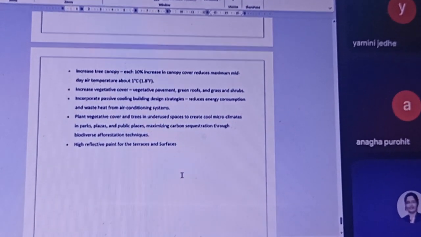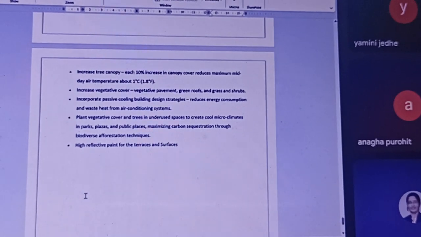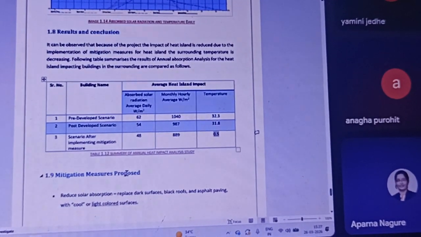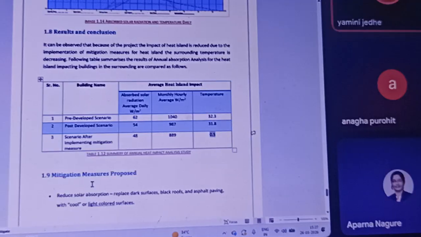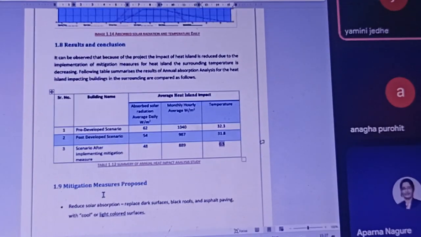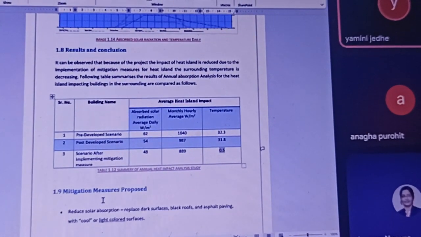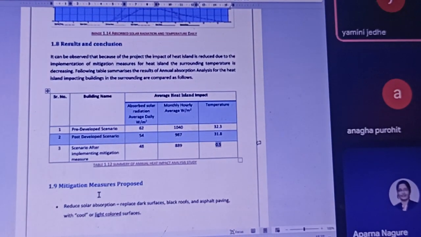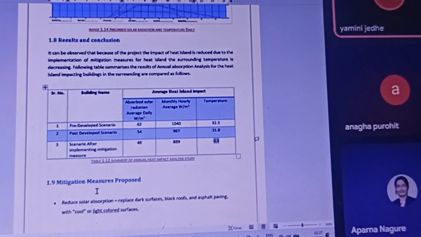Yeah, one more thing I would like to ask. Is it possible to really determine the impact of only the development being considered? Because there would definitely be impact from other buildings, and how can we eliminate that while calculating? How can you ensure that, or at least reduce the impact of the surroundings? Mainly, in this project the land is already vacant land, so it will definitely be a very highly absorbing land. Whenever it is vacant land with no trees and nothing on it, it majorly impacts the heat island in the surrounding area.